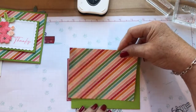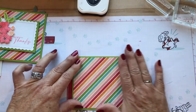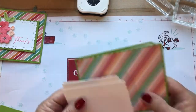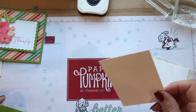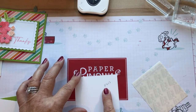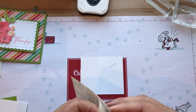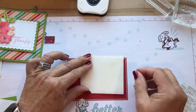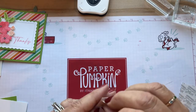And we won't flip this one around because the colors I'm using in the flowers match this. So on my flowers this time, this is for the scallop, we're not even gonna stamp them. This piece is a 3 1/2 by 3, and I'm gonna add the adhesive sheets to it. The only reason I'm adding adhesive sheets, because we're not gonna stick it like a sticker, is because I want all those pieces to stay inside